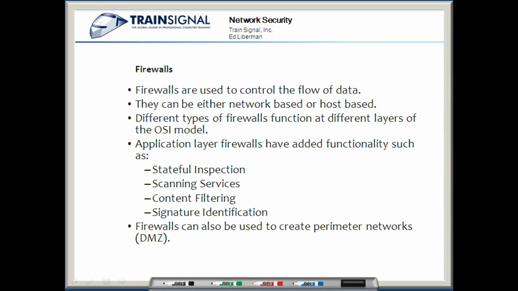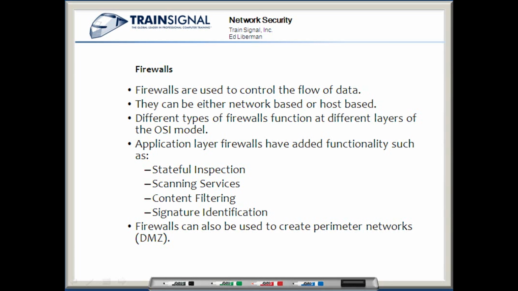Now, I will also tell you that different firewalls have functionality at different layers of the OSI model. And if you remember from earlier in this course, the OSI model has 7 layers. And as you go up through the layers, you kind of go up in functionality. So firewalls can perform functionality at many different layers of the OSI model, but typically